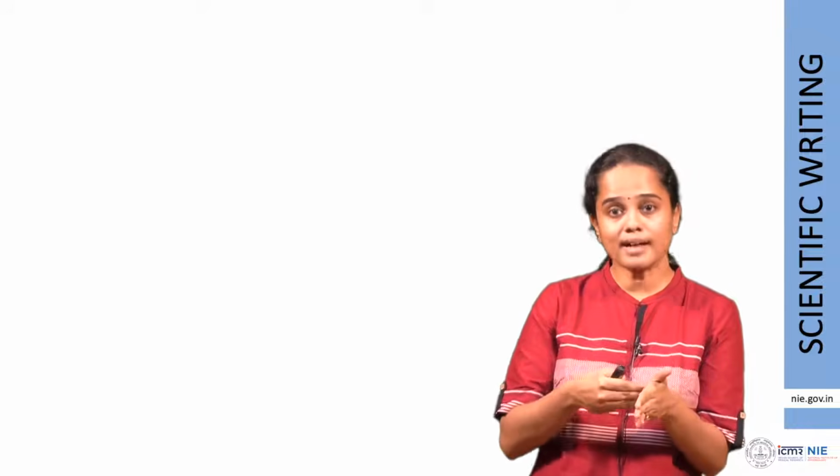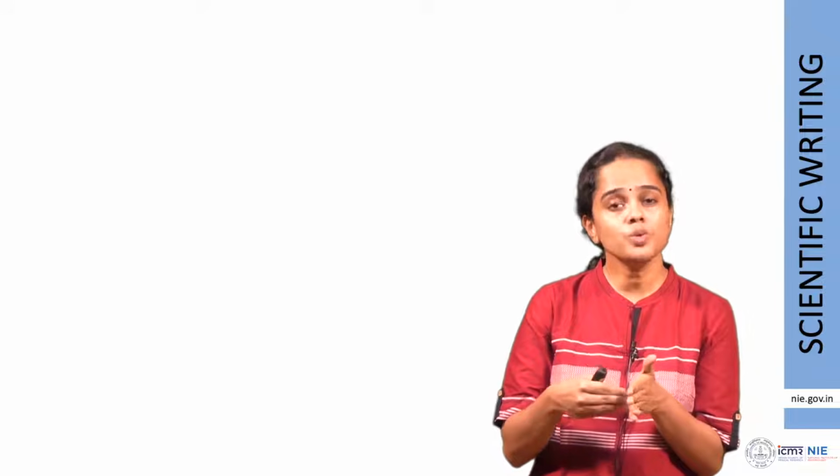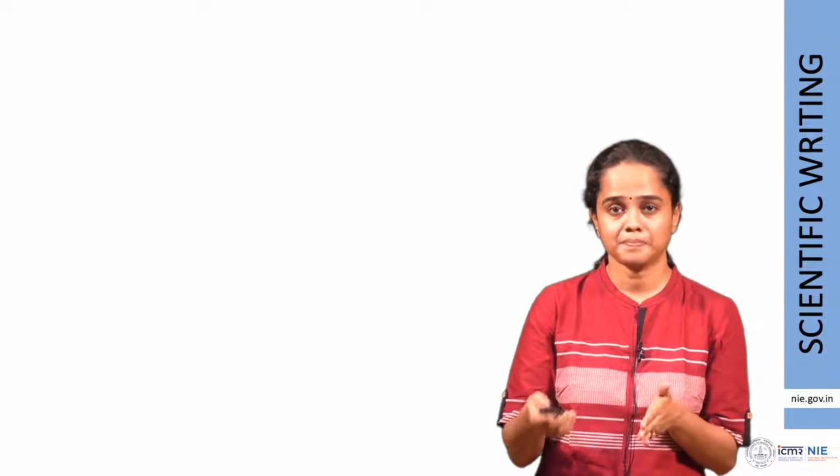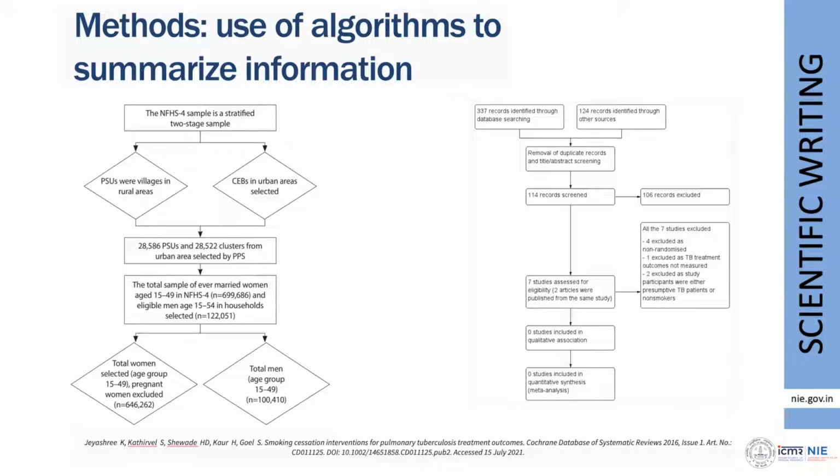Beyond this, what you do in study procedures is you exactly describe what you did in your study, how you started out, how you selected the patients, how you collected data from them, how the data was collected, and every step. Some of us prefer to use algorithms or summaries or flow charts to describe a more complicated study design. Now, if it is a very straightforward study design, say you interviewed 100 people, you gave them paper forms, you collected the data, you entered it, and all the 100 had responded.